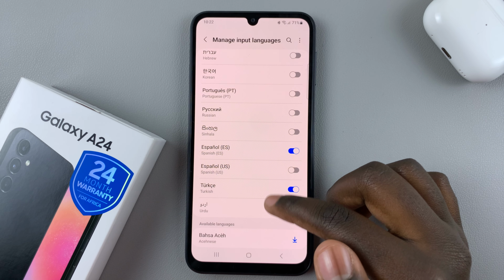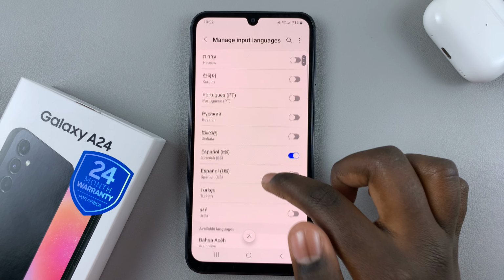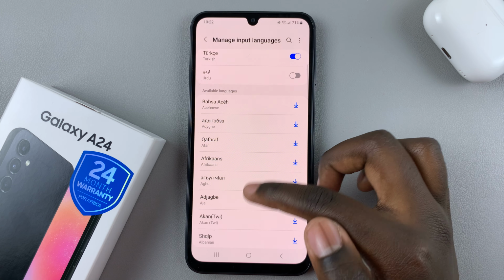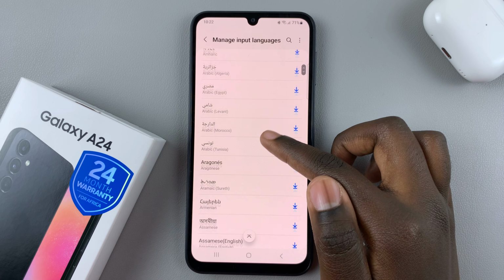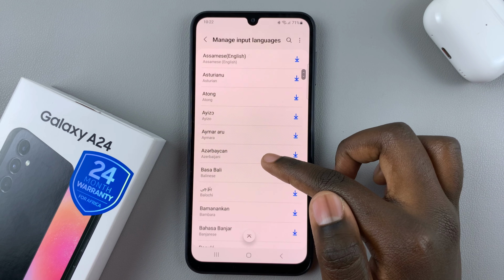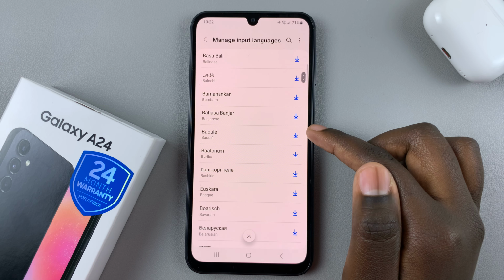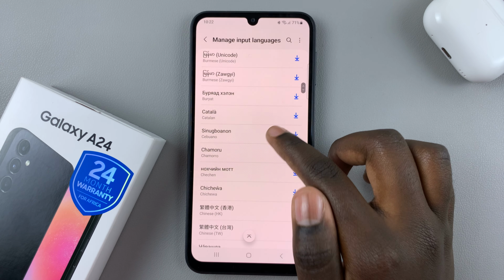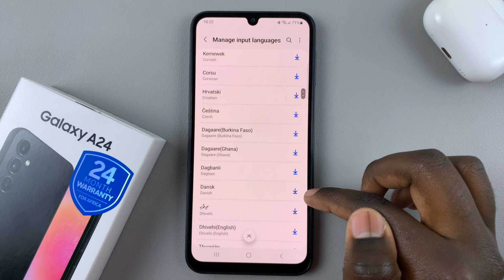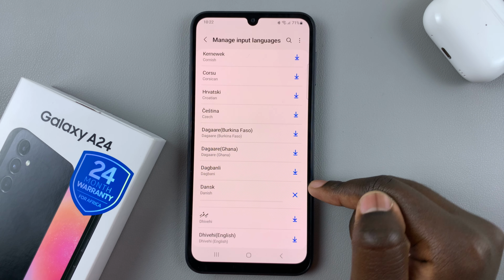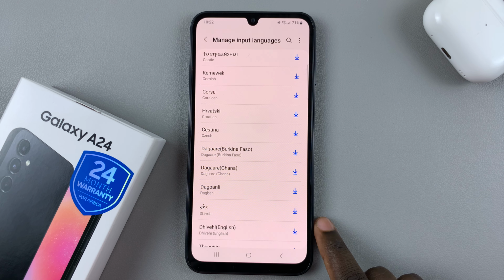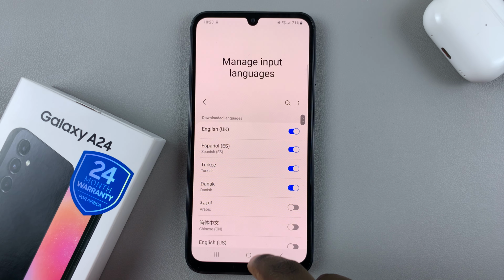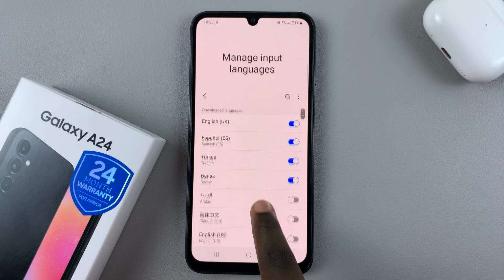If you want to download a language that you can't find on this list, go down until you see the option Available Languages, and then look for the language you want to download. And once you find it, tap on the download icon here. So select a language and then tap on the download icon like that, and then just wait for it to download. Once it's been downloaded, you can go back to the top under the section Downloaded Languages, and then you'll